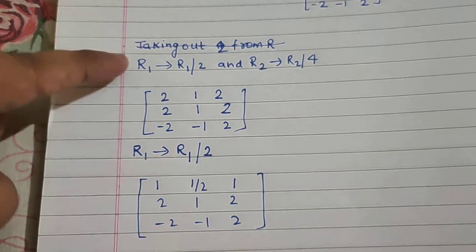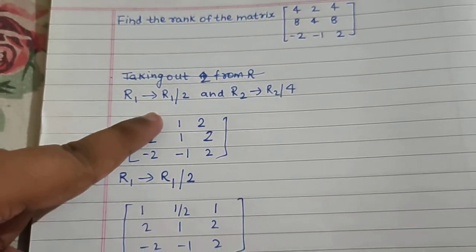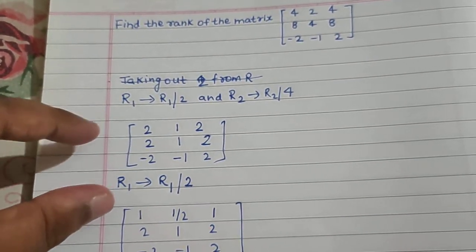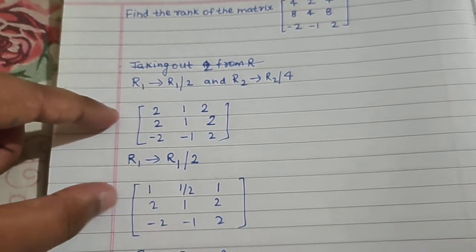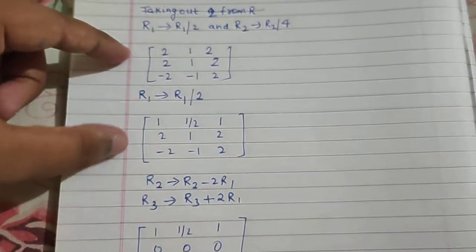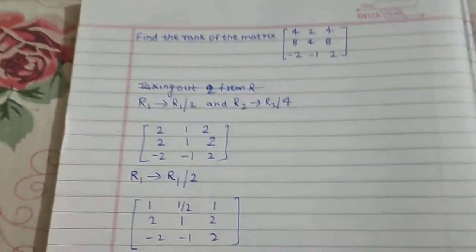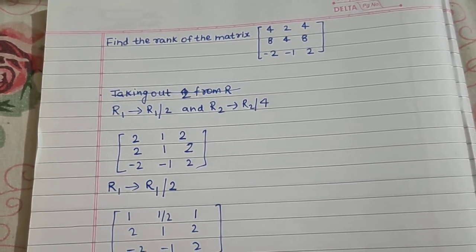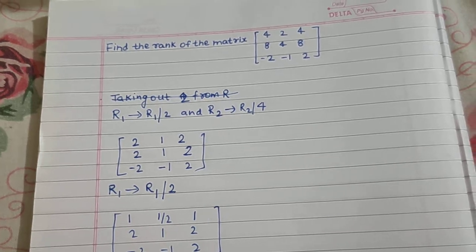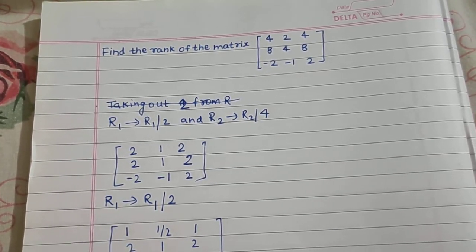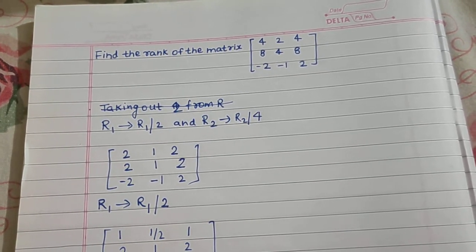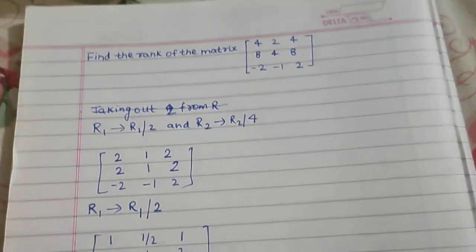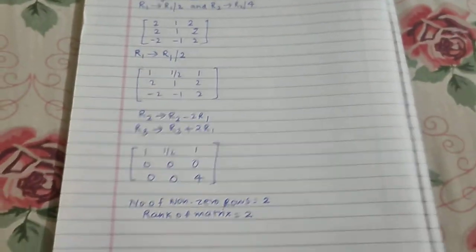So easy one. You can merge these two steps, just write R1 to R1 divided by 4, so you don't have to use this separate step. So this was just a 2-step question, but you will get 5 marks, as I have seen in the question paper. So 5 marks for a 2-step question. So easy one, not that difficult as compared to the other problems of rank, but yes, interesting one.